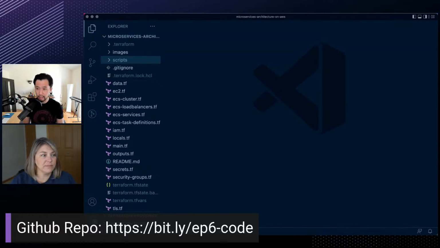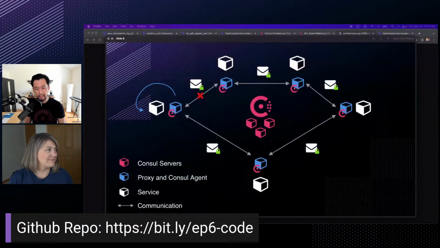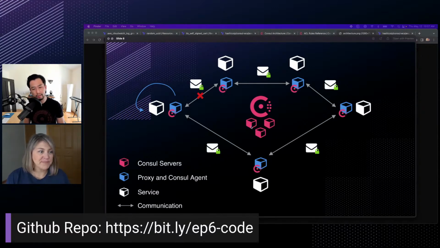Just to give us a look at a slide that we looked at. We won't do this too much, but this was the slide we looked at, right? In essence, what we're setting up, each of the white boxes being our services, the pink boxes in the middle being our console servers that are going to manage everything. And then these blue boxes are representing the proxy and console agent that we're going to add to our existing ECS services today. So we're going to finish all that up. Now, how we're going to do that,